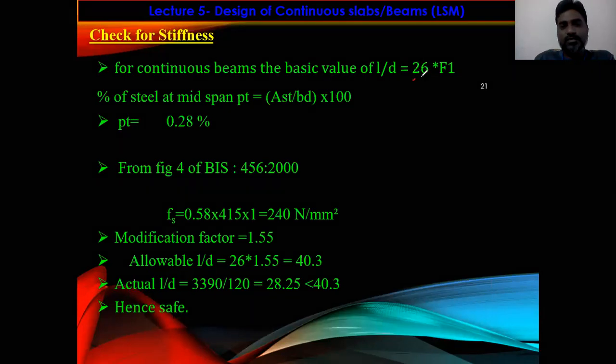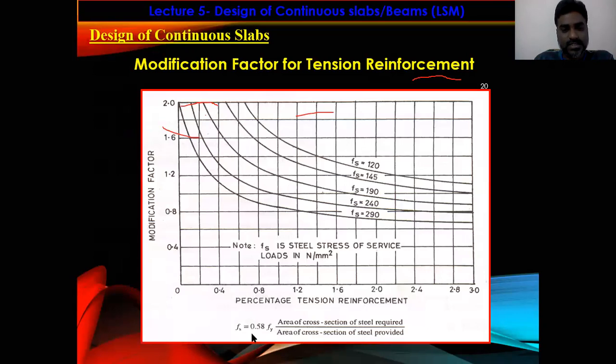Right. So in this case, the basic value is 26 into F1, and the percentage of steel provided at midspan is Ast by bd. So I got it as 0.28 percent. And f_s value is 0.58 into f_y into area of steel required by area of steel provided. Generally in slabs, basically what we will do is this ratio value in slabs we will take it as 1,